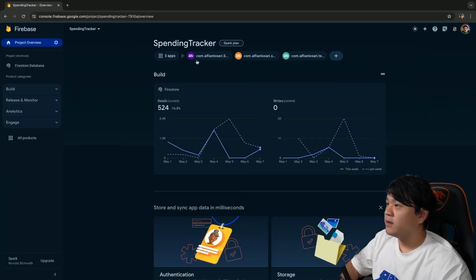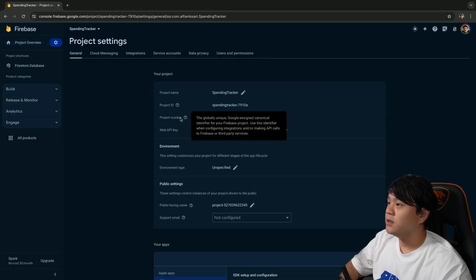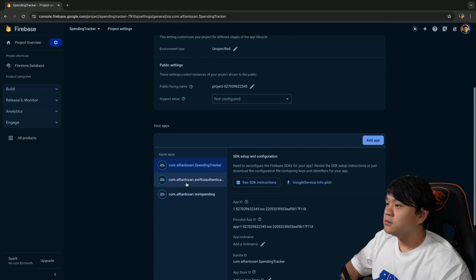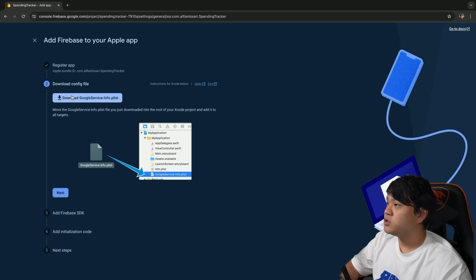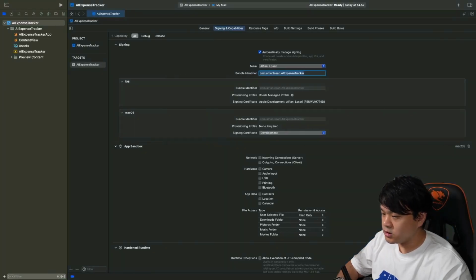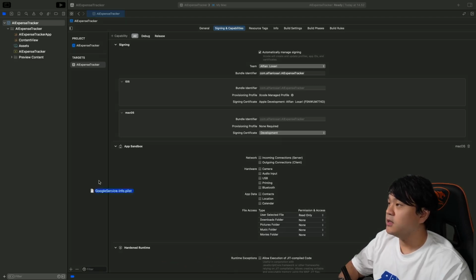So I already have my bundle identifier. I'm going to just use this one. Okay. So yeah, the second step, there will be an option where you need to download this GoogleService-Info.plist. Okay. So just click download to download it to your local machine. And the next thing that you need to do is copy that GoogleService-Info to your Xcode project directory. Okay, so here is the downloaded GoogleService-Info.plist,